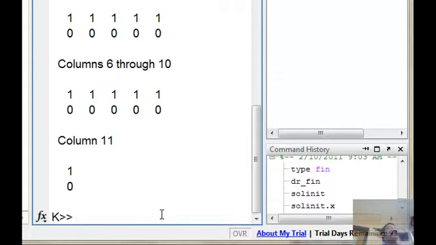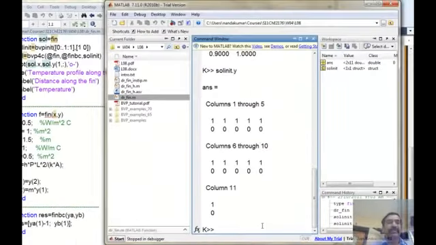You still have one variable SOL coming out, but it has many information packed into that. Okay, so